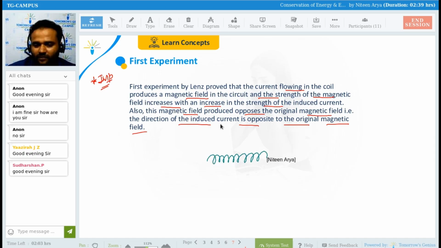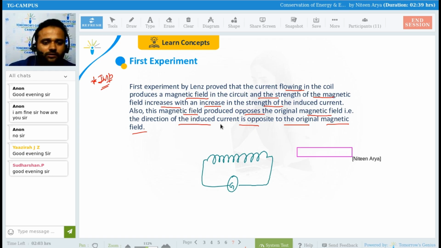There is a coil. In this coil I apply a galvanometer to check how much current there is. And there is a magnet here, north, south. Simple thing: if I move this particular magnet in this way, my current in this coil is going to move this way, and due to this a north pole here and a south pole here are going to be generated. This is your first experiment. Is this clear?